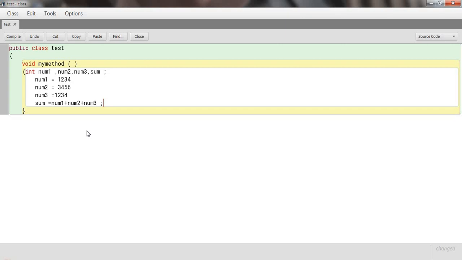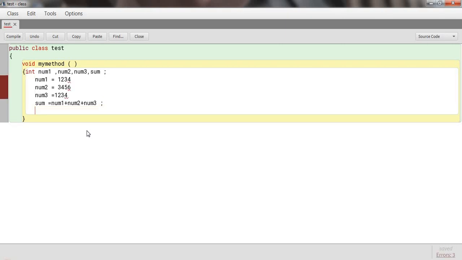Now for the output we have to type System.out.println, with capital S. System dot out dot println.